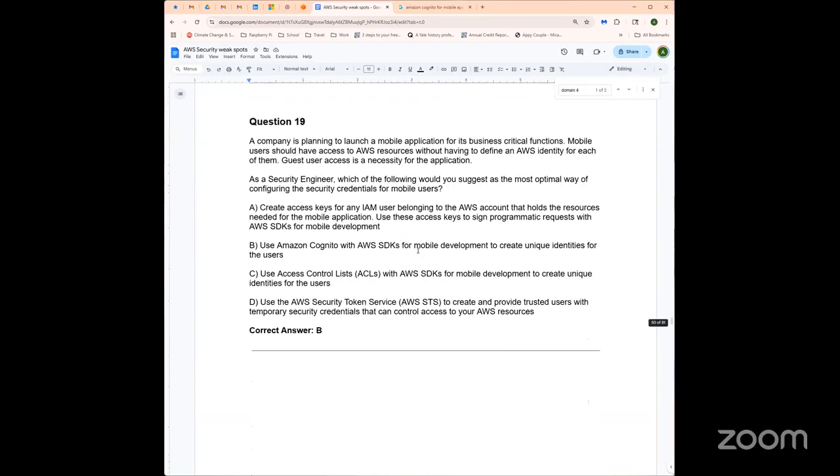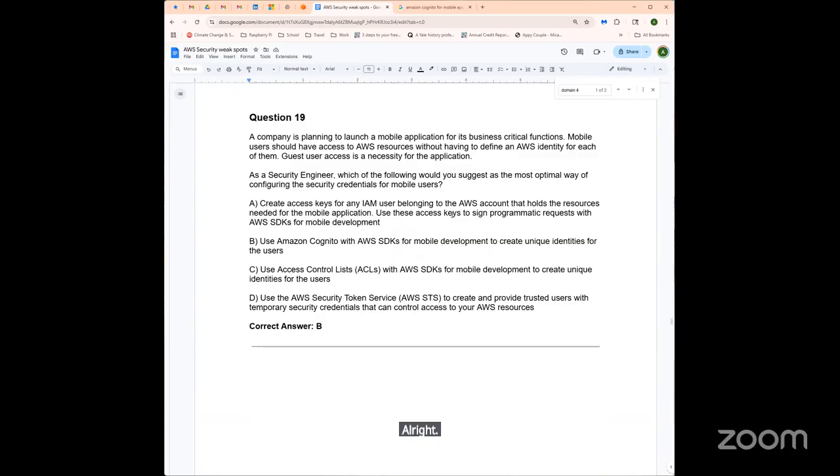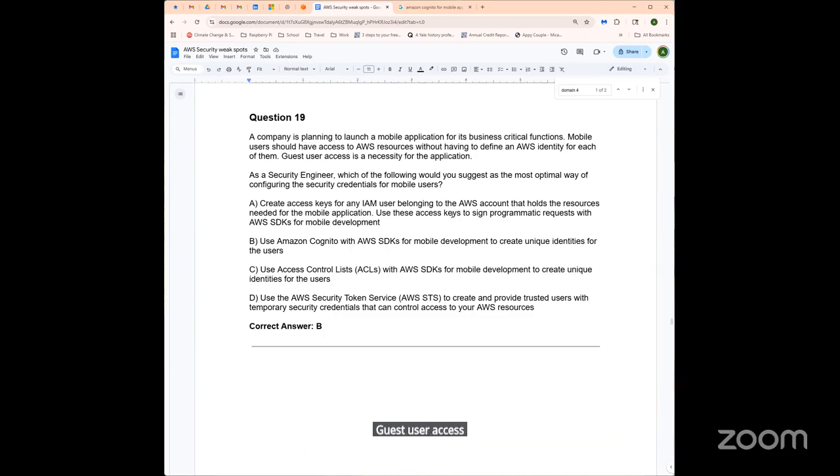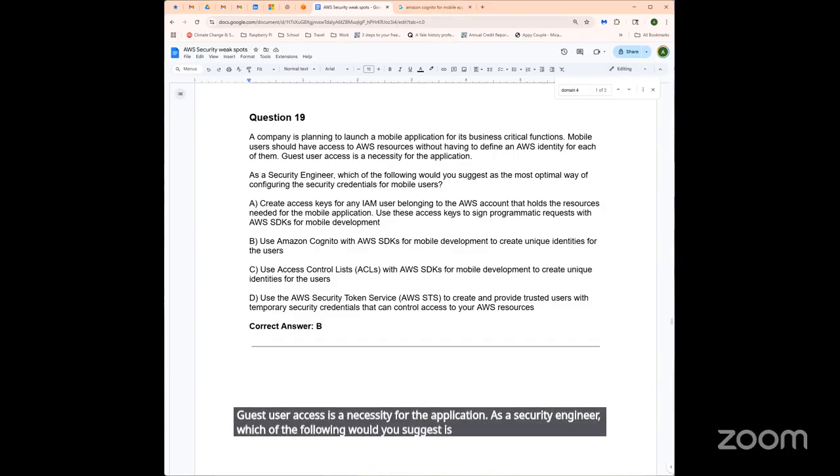All right. A company is planning to launch a mobile application for its business critical functions. Mobile users should have access to AWS resources without having to define an AWS identity for each of them. Guest user access is a necessity for the application. As a security engineer, which of the following would you suggest is the optimal way of configuring the security credentials